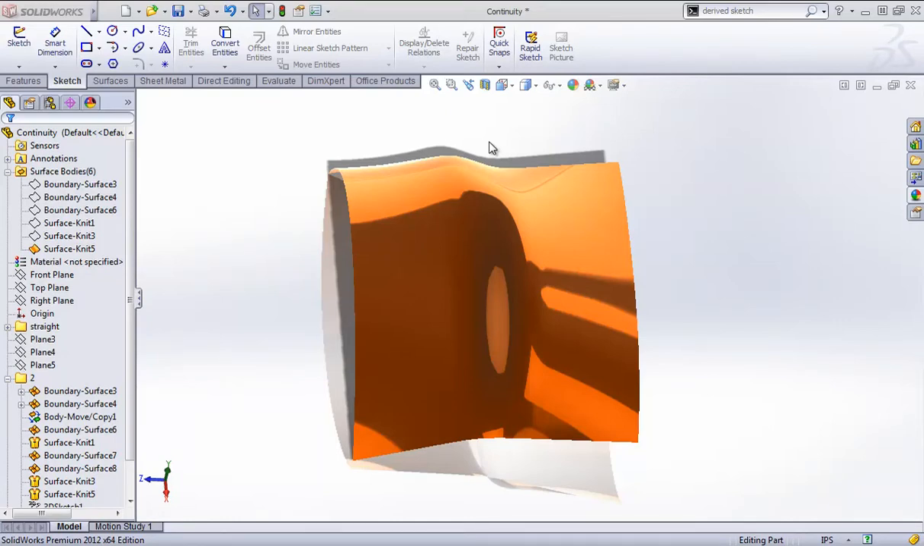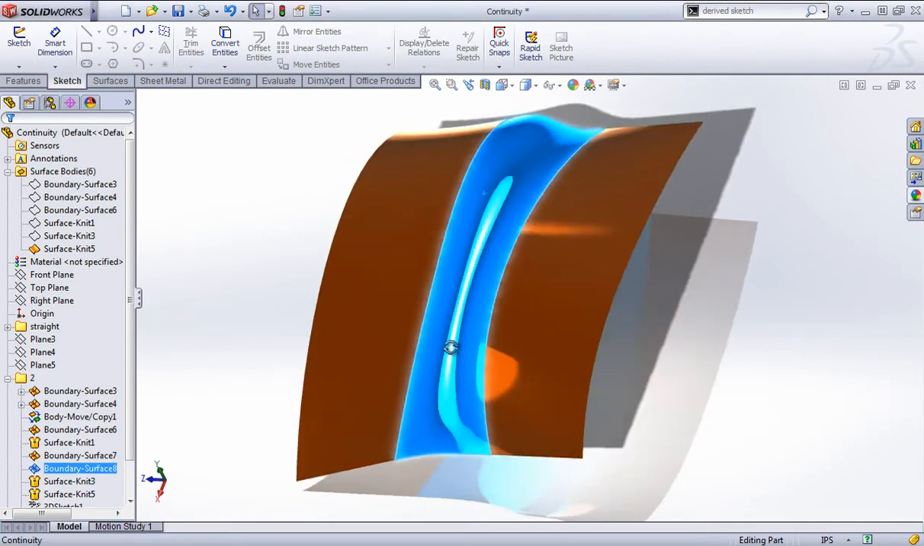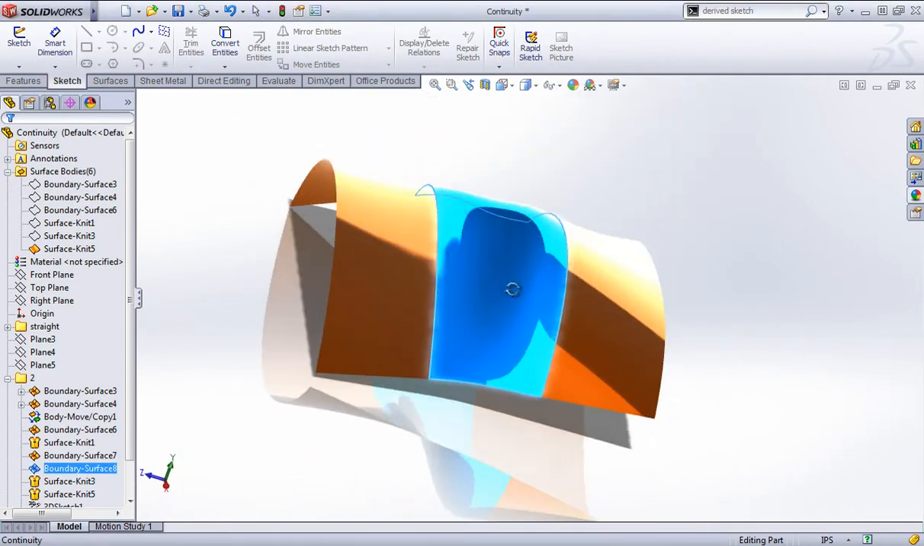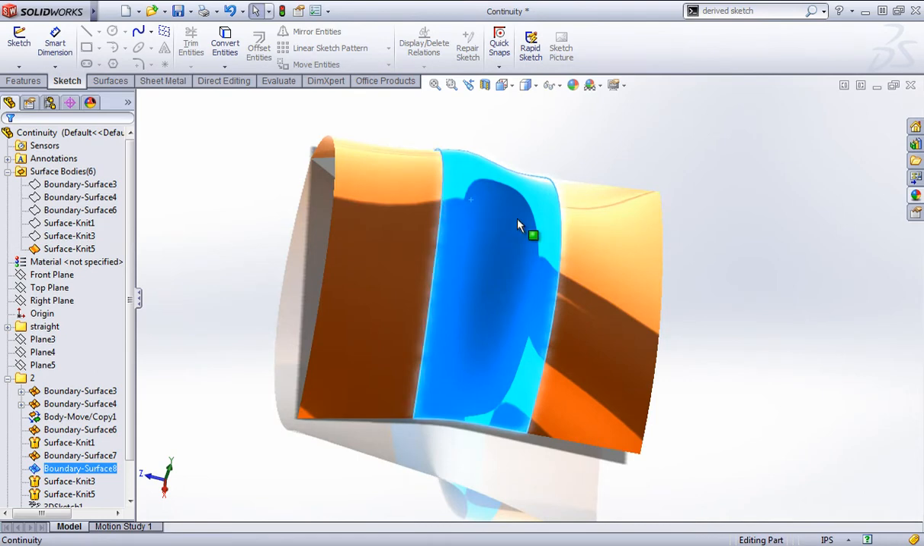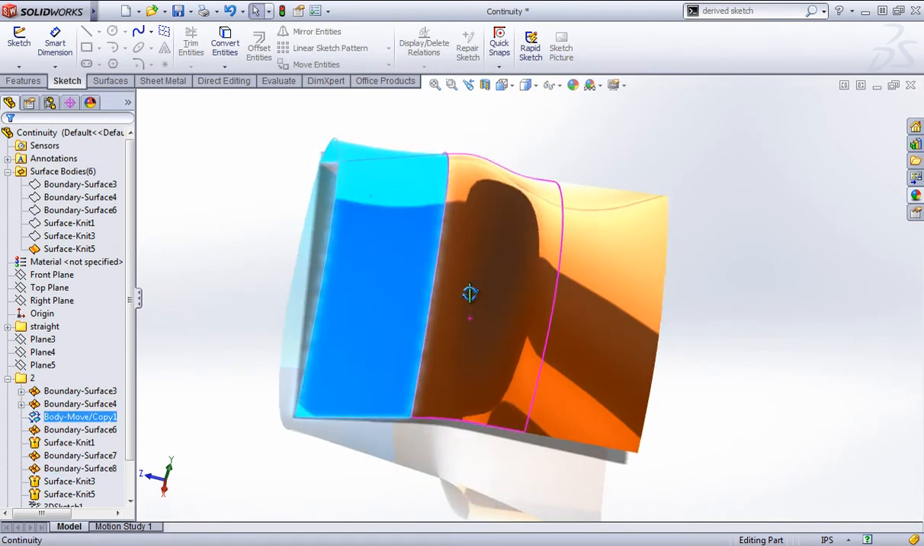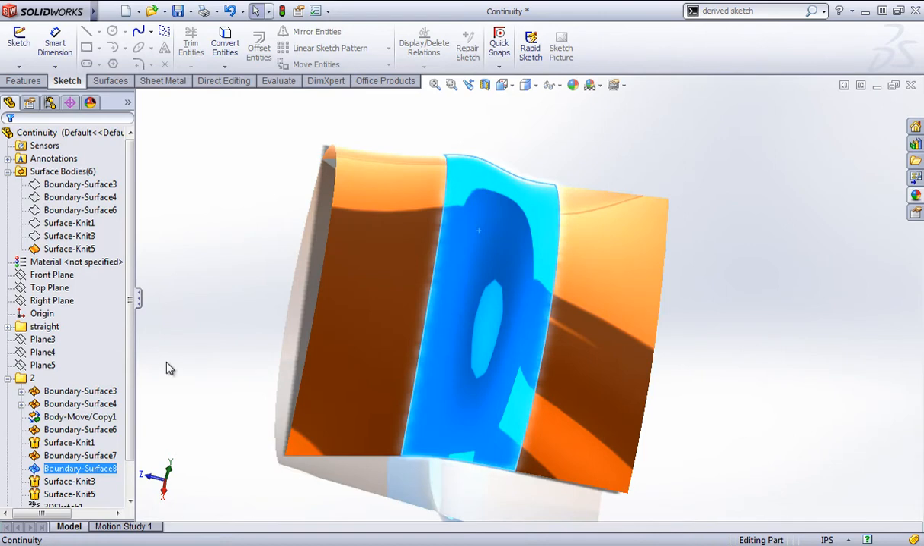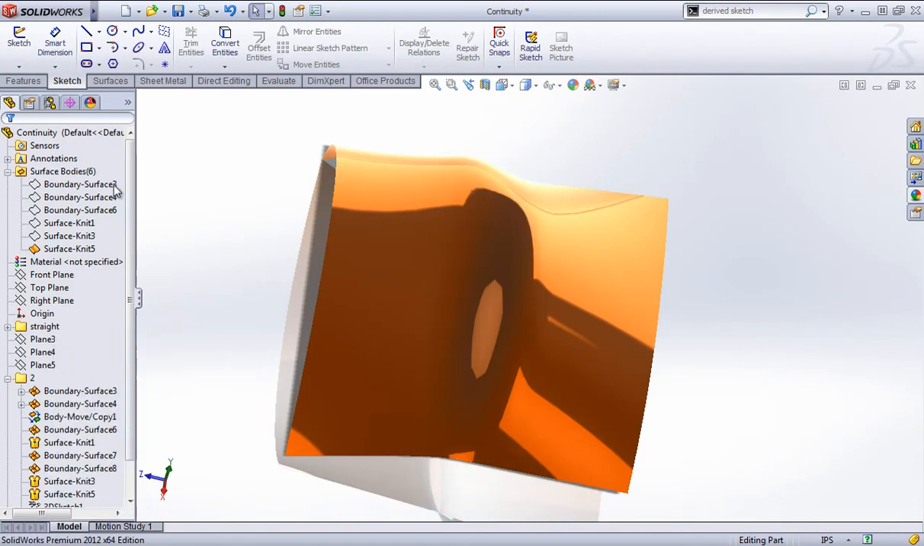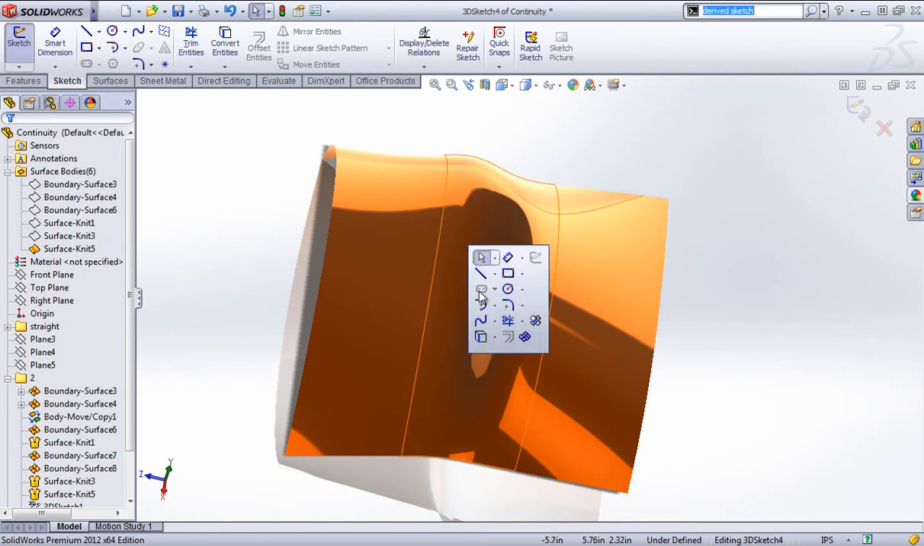Face curves allows you to create a series of splines across the face of a surface. In this case, I have a boundary surface that connects two straight surfaces. And if I create a 3D sketch and choose the face curves option,